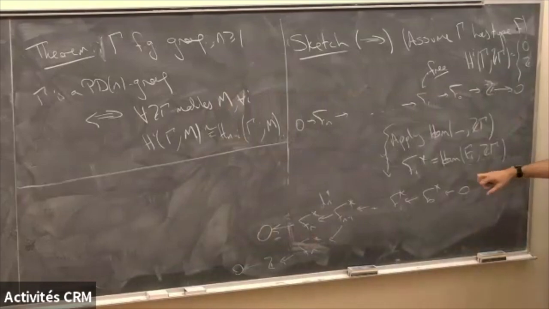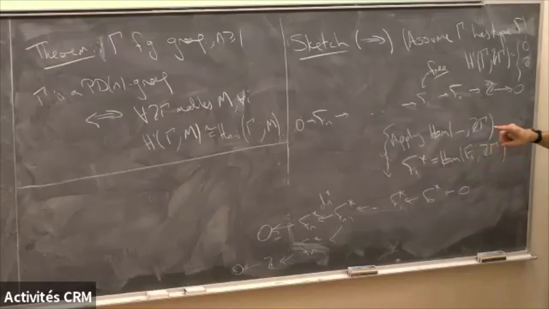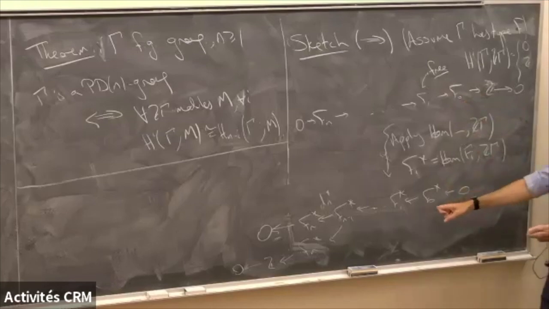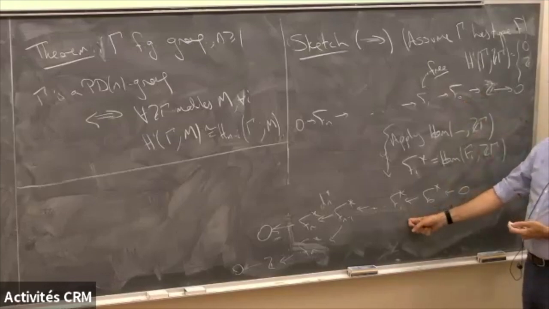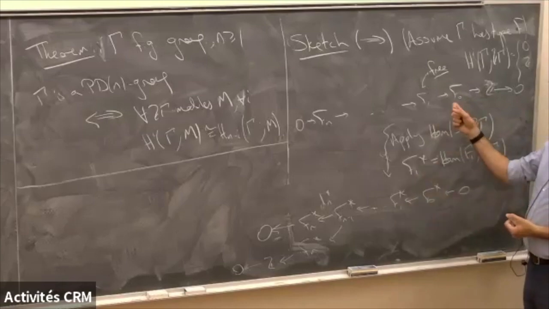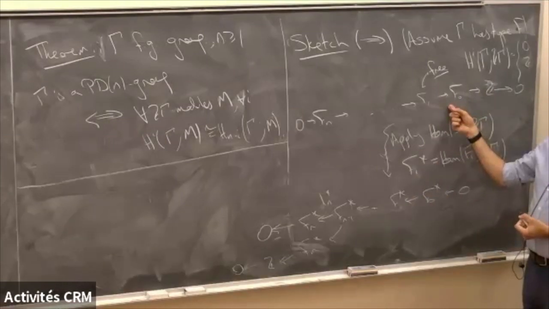So to apply cohomology with M coefficients, I'm supposed to apply Hom(-, M) to this. Okay, so I can do that. Or I could have done it to this, because this is also a free resolution and it doesn't matter which one I take. To get homology, I'm going to get homology from here by applying tensor product with M, and I'm going to get cohomology from here by applying Hom(-, M).